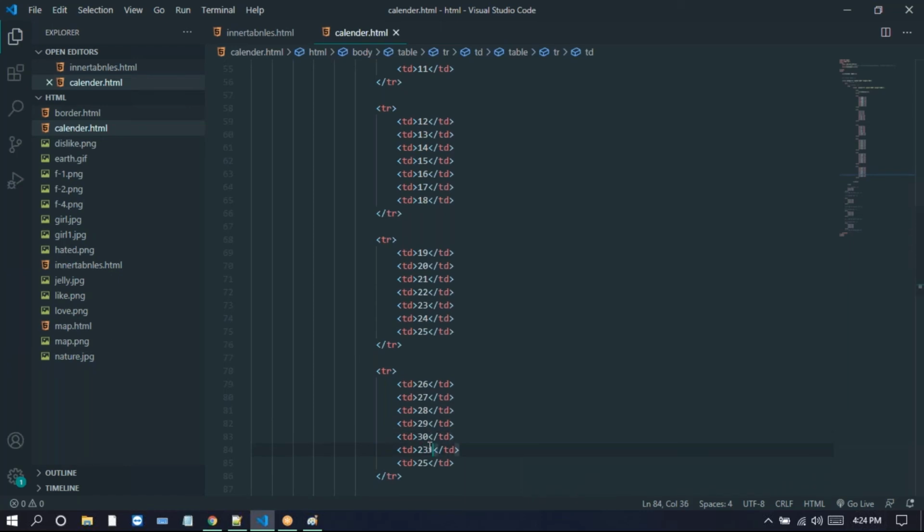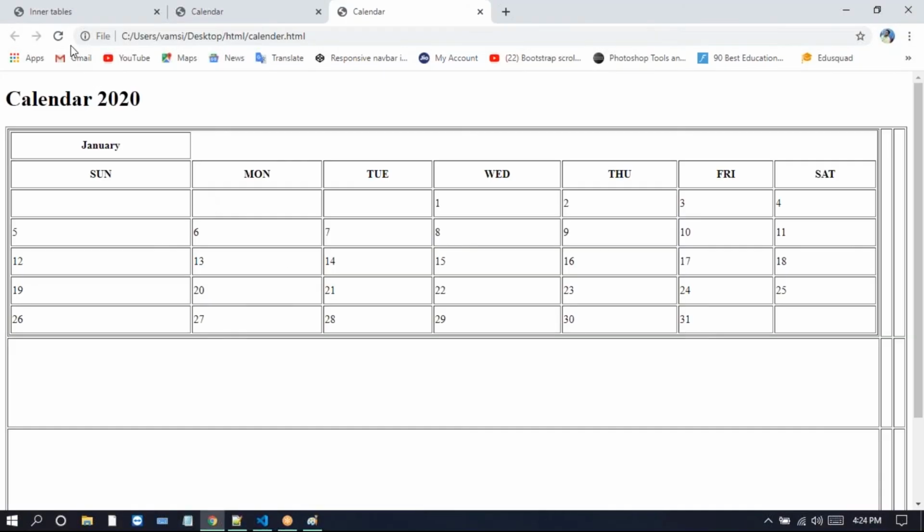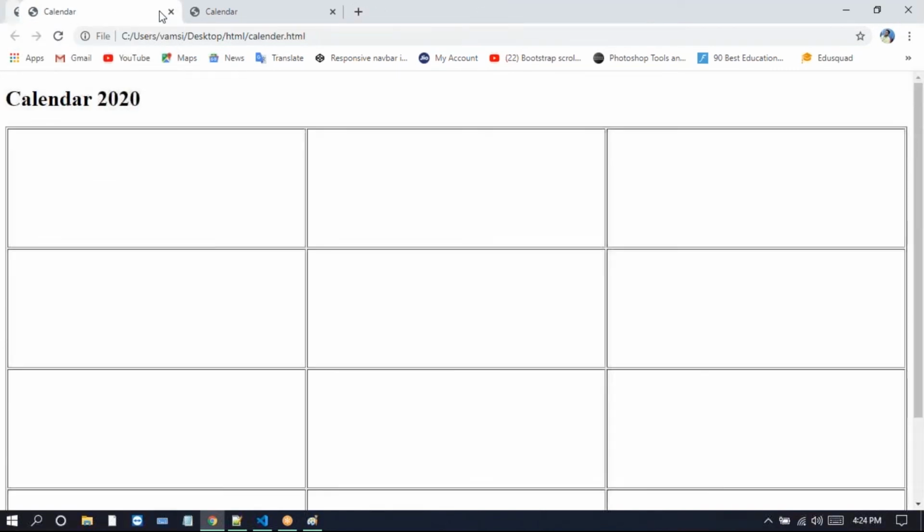Now we just refresh this browser. So we just run this one on the browser. So look at this one. The table having, okay, look at this. So we just remove this one. So just look at this one. We just created the January table. So look at this one in this above.